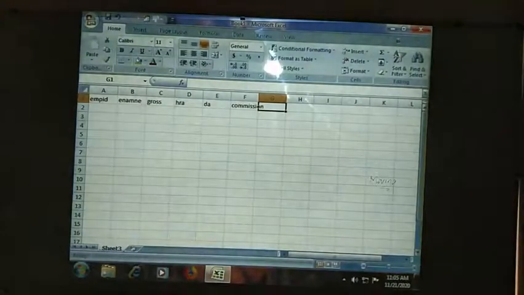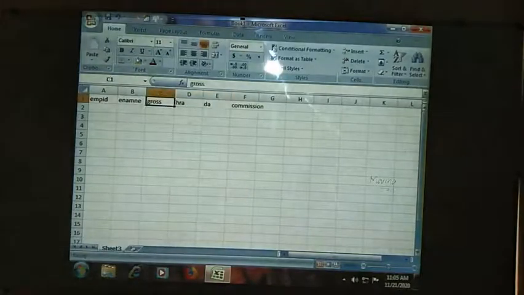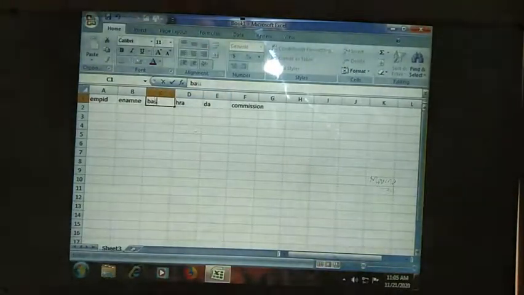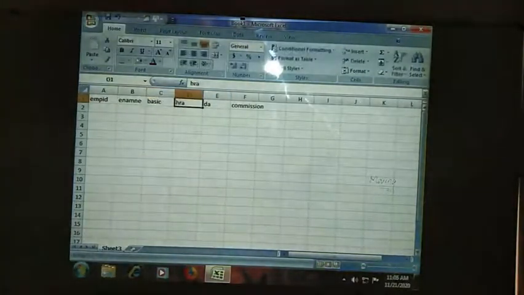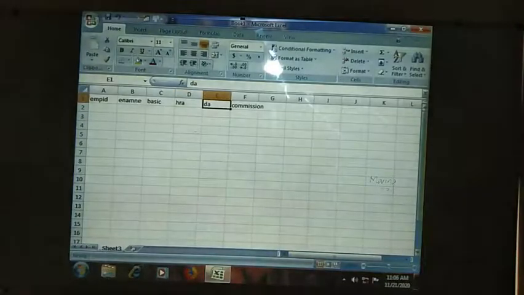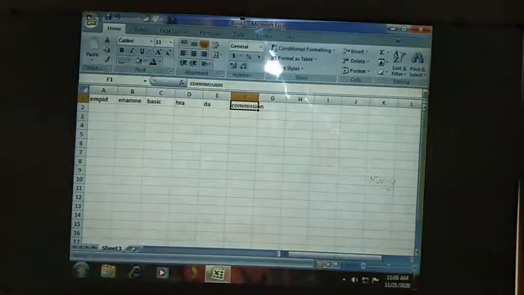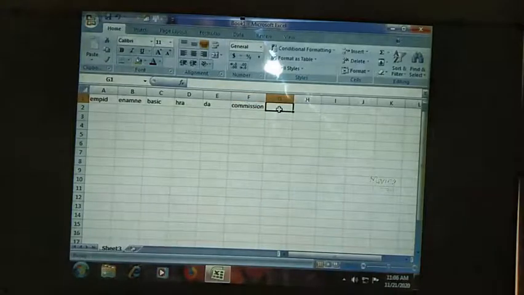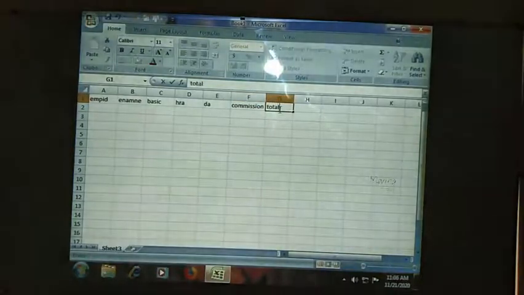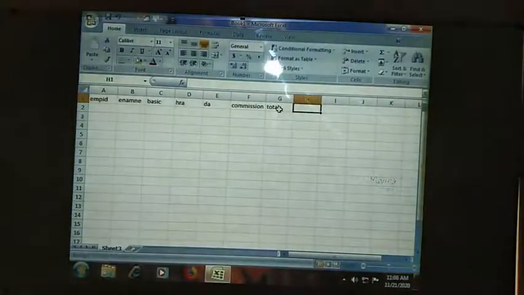Gross salary is the basic salary, I can say. Sorry, in place of gross salary just take it as basic salary. You people will be having the basic salary, meaning the original salary. HRA is house rental allowance, and if you are working in marketing, then you people will be having the commission. You need to add all these things in order to get the total amount. Then I will take a column called total.